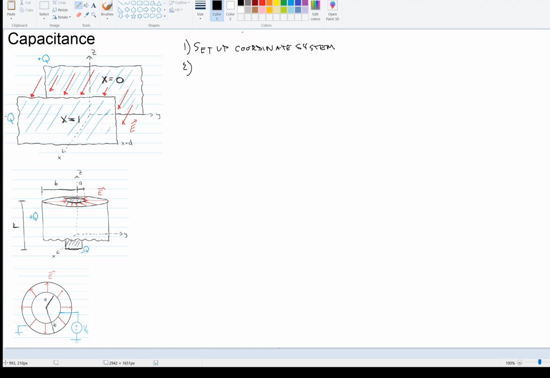Step 2, we gave the plates a charge of plus or minus q. So this is assuming q. Okay, from there we found